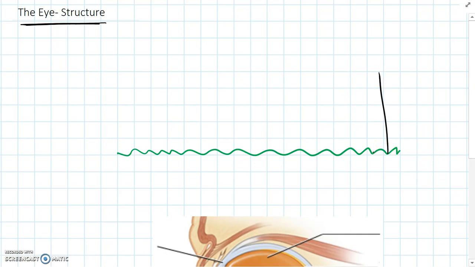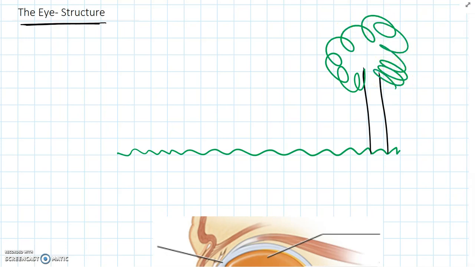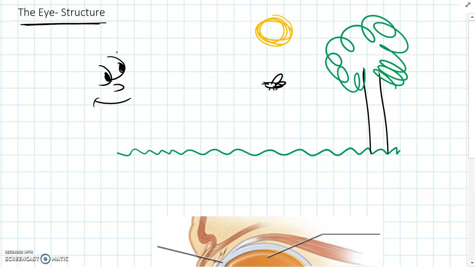So the first thing, before we look at the detail of the eye, is just to think about how do we actually see in general. And let's just look at a small situation. If we have some grass and a tree with the sun and a small little insect flying around. And then if we're looking at a person who's actually looking,